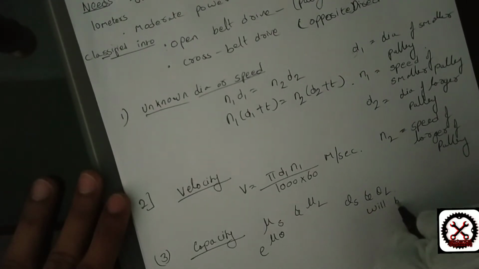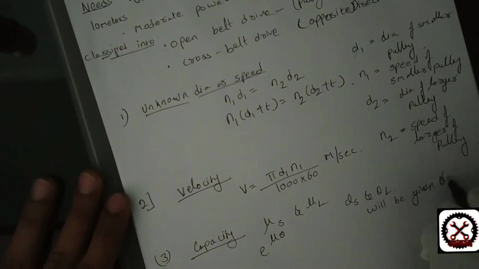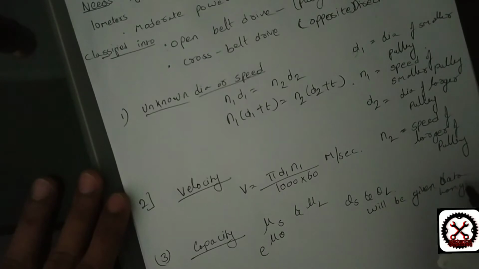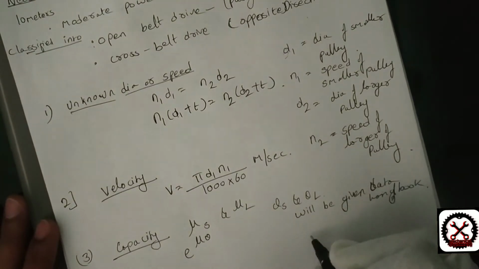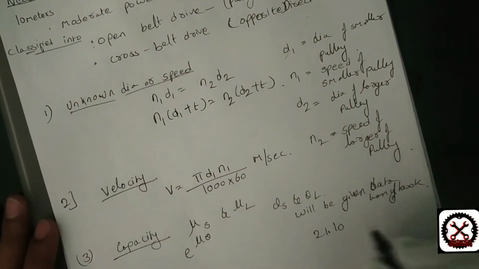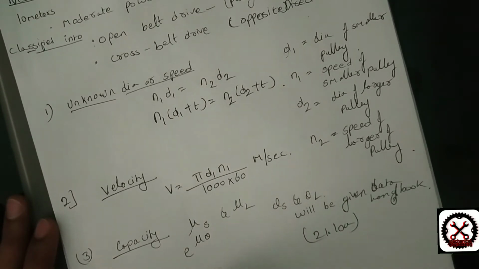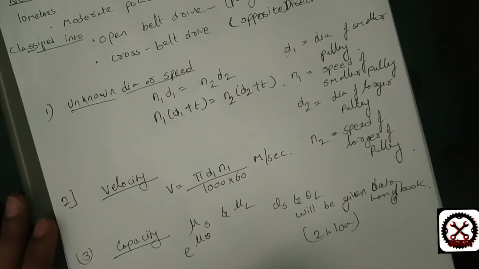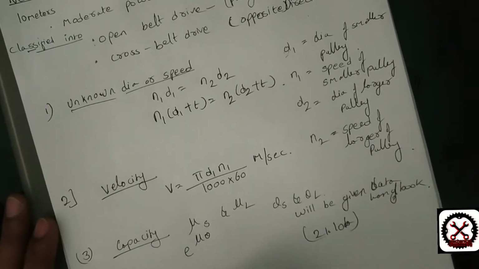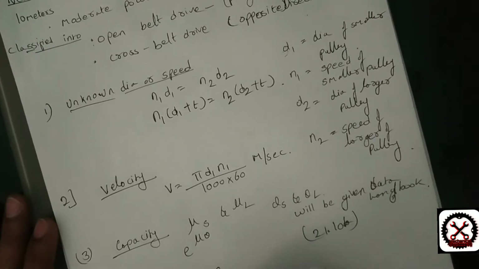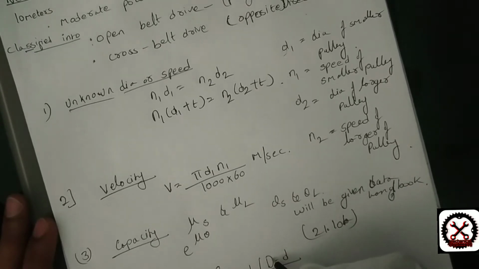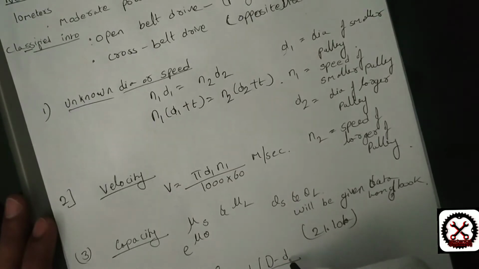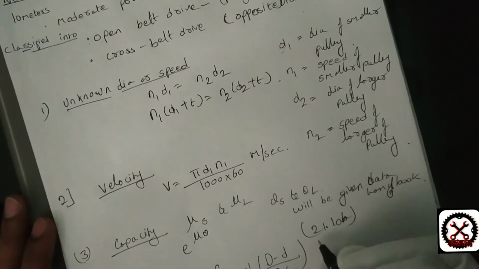in the data handbook by Lingaya, that is equation number 21.10a for theta s, 10b for theta s, that is pi minus 2 sine inverse of (D minus d), where capital D is the dia of larger pulley and small d is the smaller dia, by 2C,